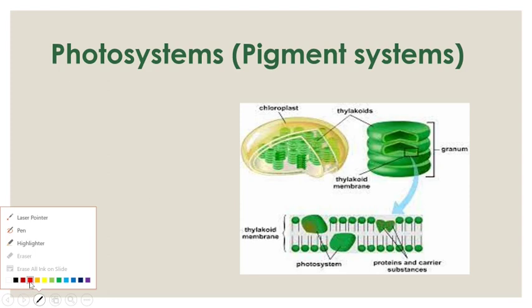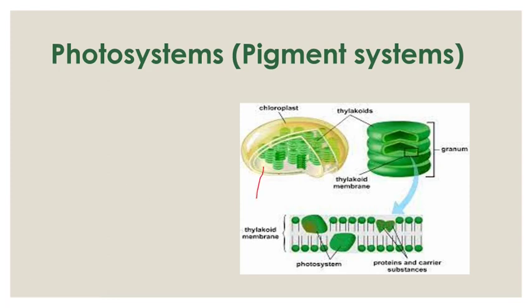So this is a chloroplast structure. Inside the chloroplast there is stroma. Inside the stroma there are many grana. Each grana, singular granum, is a stack of thylakoids. If you see the wall of the thylakoid, it is a phospholipid bilayer, and embedded in this phospholipid layer the photosystems are present. This is the location of the photosystems.